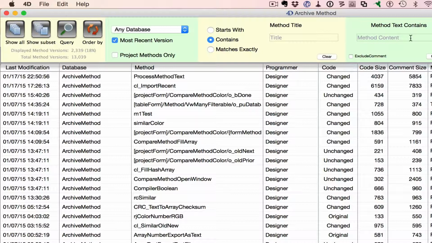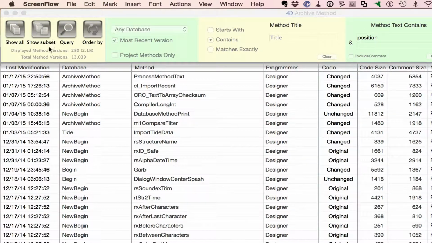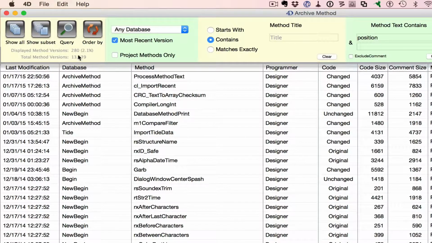If we click in here and type position, wait a little bit, and we come up with 280 methods that contain